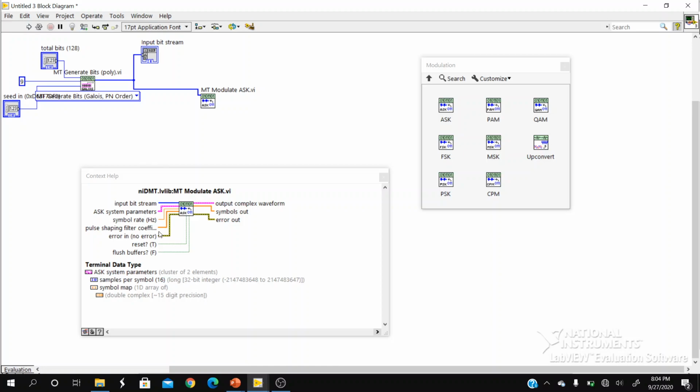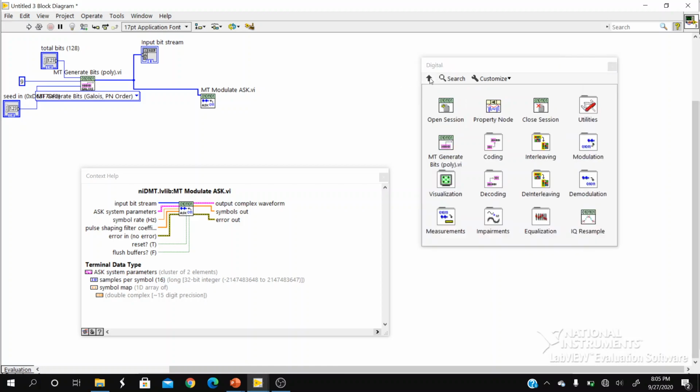And I need to specify how many symbols it has to generate. For this case, I am going to show you how to get these ASK system parameters. So we are currently under the modulation palette. Click on the up arrow mark. You will come back to the main digital palette.